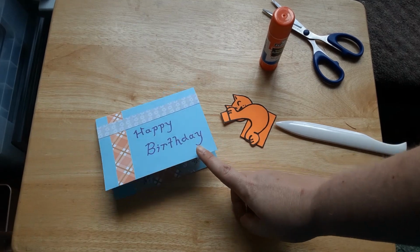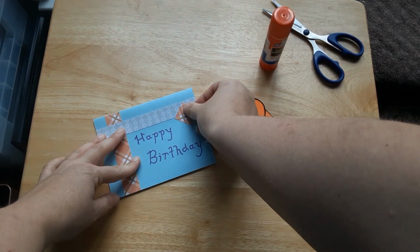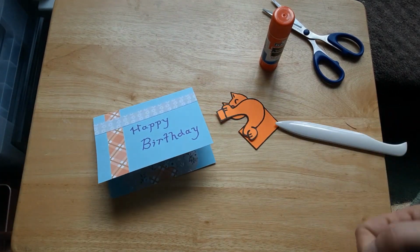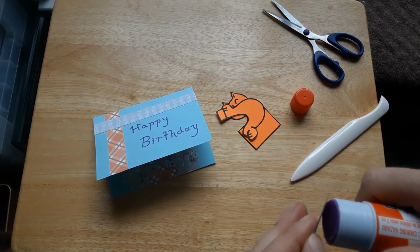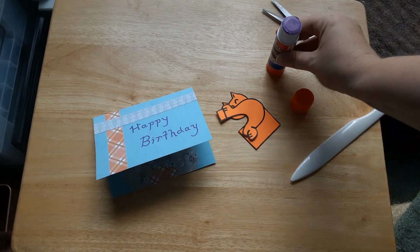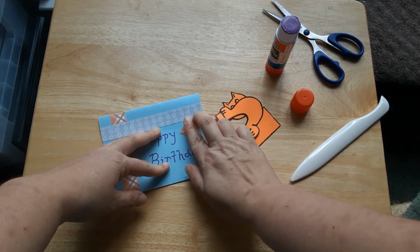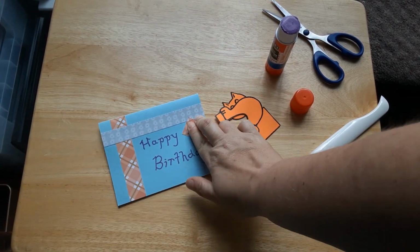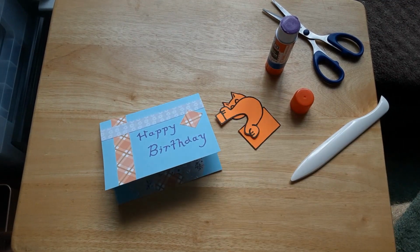And actually, I think I want to add one more little element to the front of my card here. That looks a little plain, so I'm going to go ahead and keep on decorating my card. If you will just give me a moment to do that, and you can see a little bit how I come up with my designs. So this space just looks a little blank to me, so I'm going to add that element, I think, and then I actually have